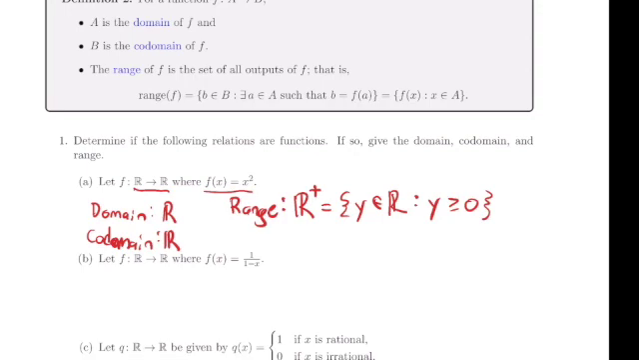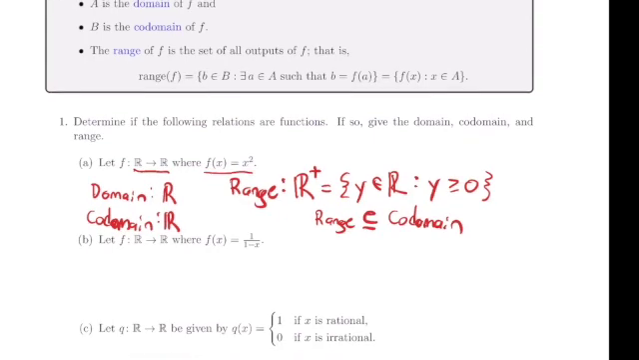Yeah. So the important thing here is that the range is always going to be some subset of the codomain, possibly all of it. Okay. Any questions about these terms? Okay, then